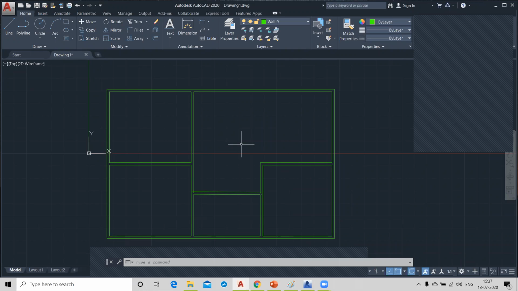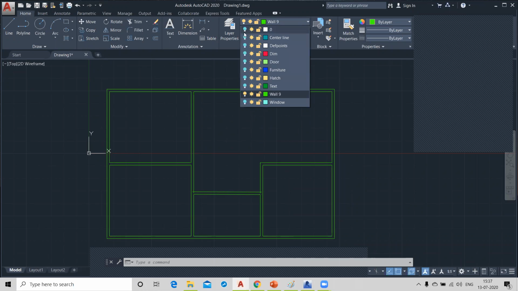So you can draw walls easily. If you are facing any problem with the presence of all the elements, by this command you can hide all the layers. You can have only one active layer. See, all the bulbs are off, only one bulb is on, the wall line.